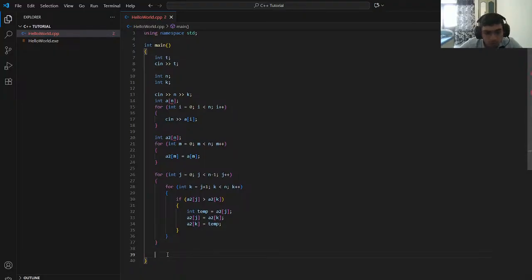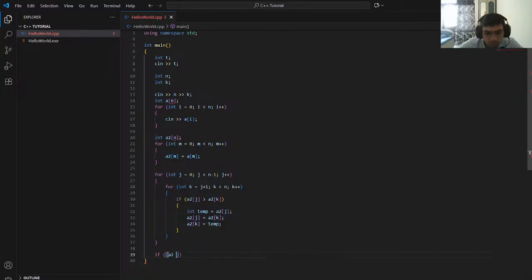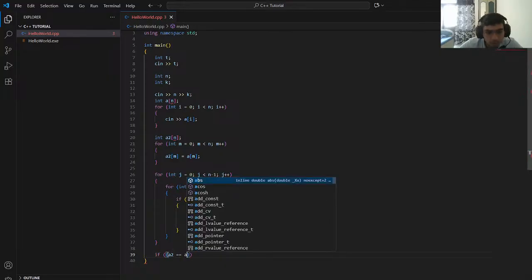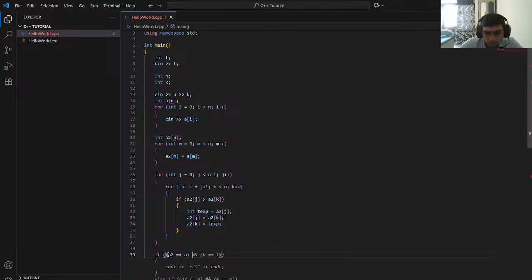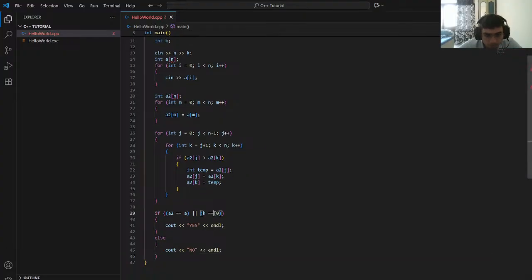Okay, so now to the if conditions. If a2 is equal to a, k is greater than 1,